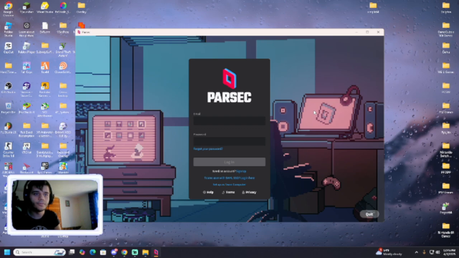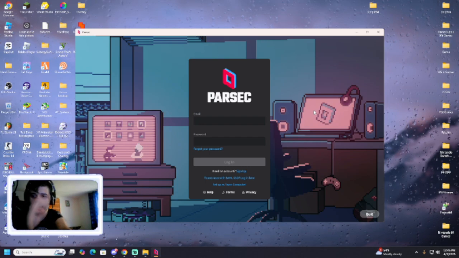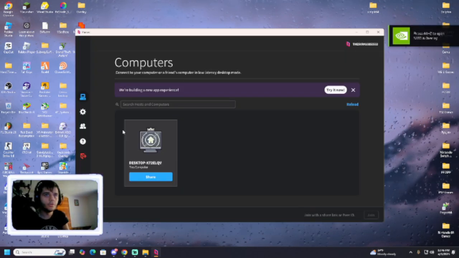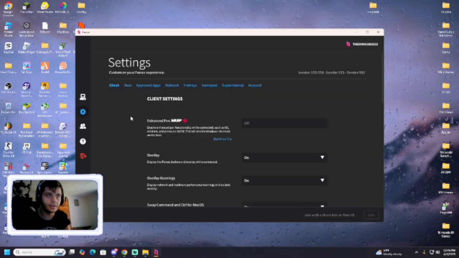And there you go. You will have to make your own account to be able to get access as a whole. I already made mine, so you don't have to worry about it. And there you go, you making your account. What you will need to do next is go to settings